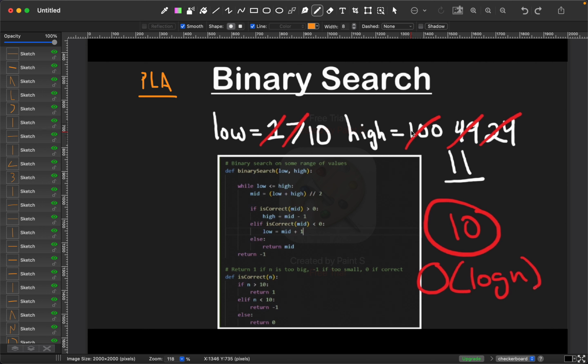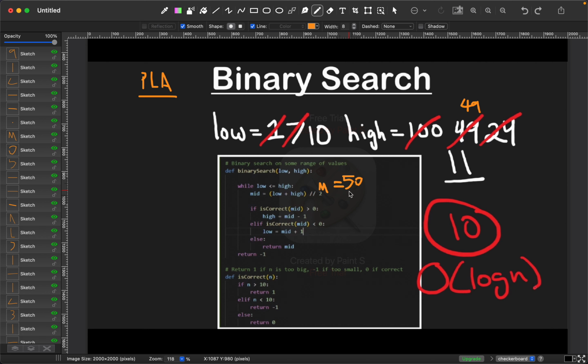So the mid value, which is basically the low plus high divided by 2, straight away we get 50. And then the next is 100 and the 50, and this one obviously is the mid. And so it asks the value, is it towards left or right? It's towards left. So my high shifts to 49,